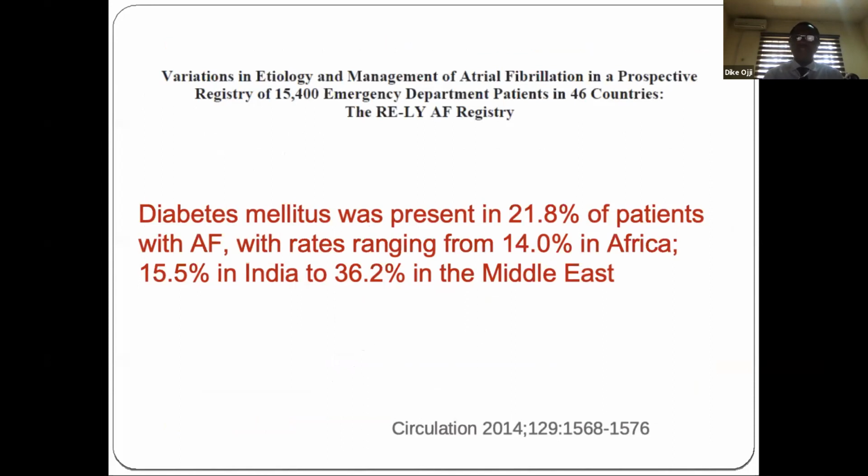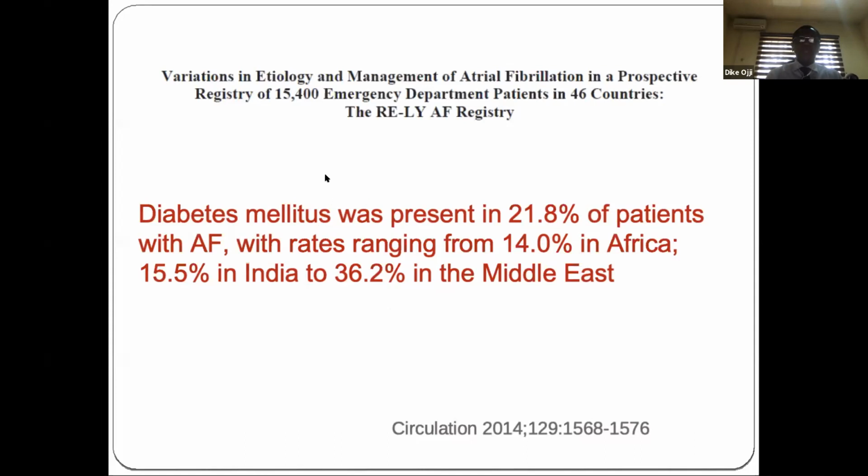This was a registry that ran, I think, about 10 years now in 46 countries. And Nigeria was involved, about 6 centers. My center was involved, UCH, Ibadan. I know Kano was involved, and one or two other centers. And you can see that in Africa, the burden,